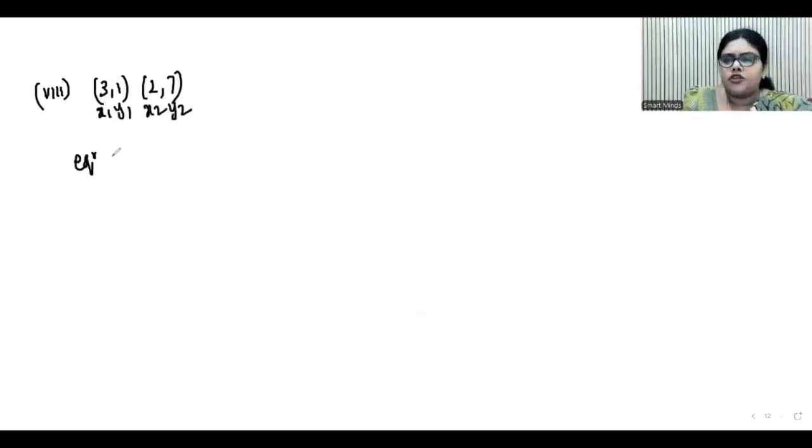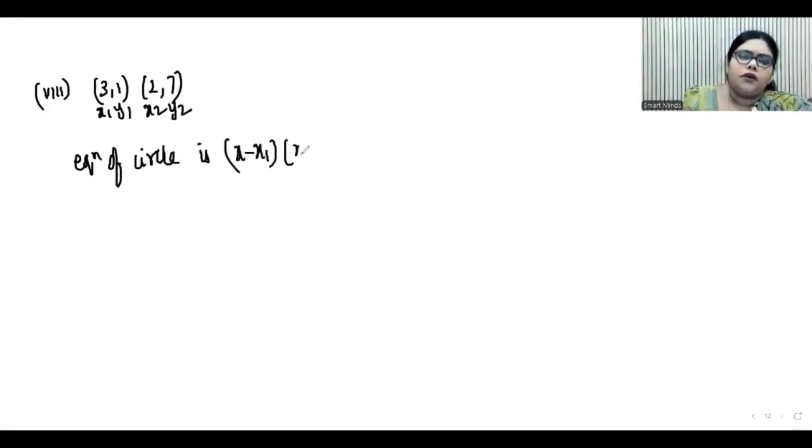Next, let us take the last bit now. Last bit from this question. 3 comma 1, 2 comma 7. So this is x1, y1, this is x2, y2. So what is equation of circle? What is the formula? (X minus x1) into (x minus x2) plus (y minus y1) into (y minus y2) is